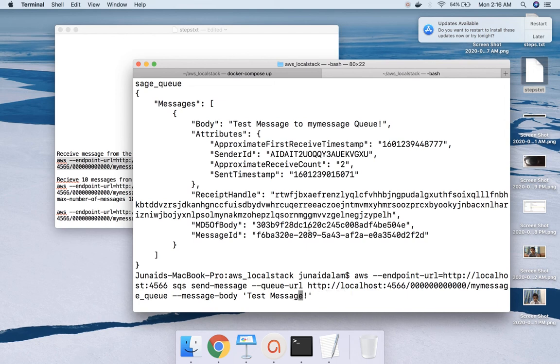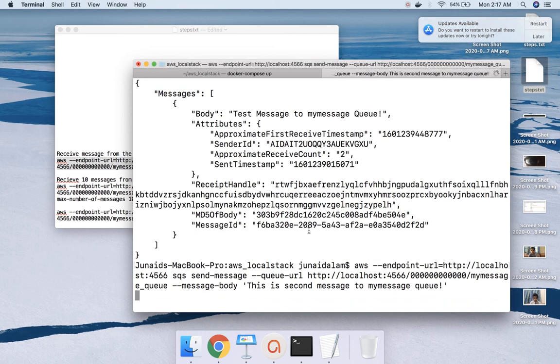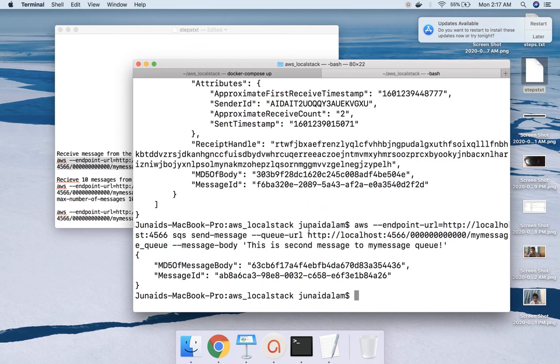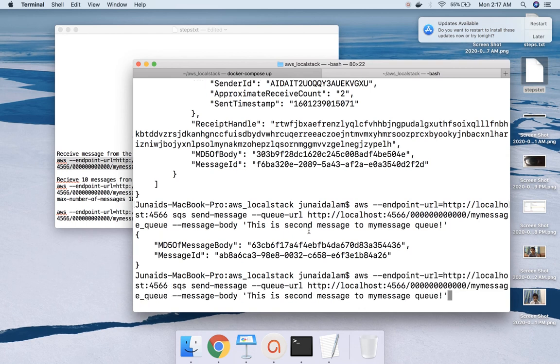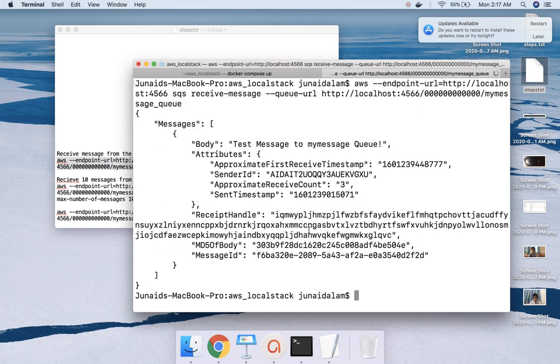Here I'll write: this is second message to my message queue. Now if we run that command again to receive the SQS message, it will not show me all the messages. See, it is showing me only the first message.